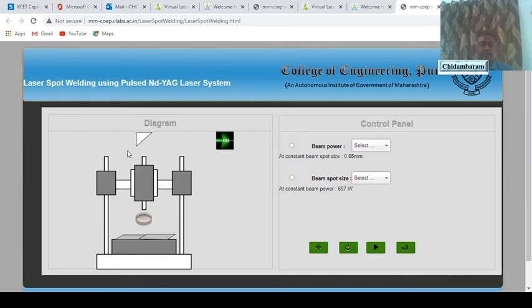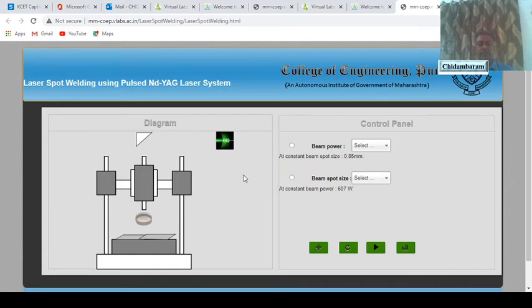Of course, this is the laser setup. So laser is produced and transmitted to this position. This is the focusing head, and this is our workpiece clamped in a special fixture at the base of the machine. This workpiece can be moved in the X direction and Y direction. This is the laser head which produces the laser. This is the optics which deflects the laser beam 90 degrees.